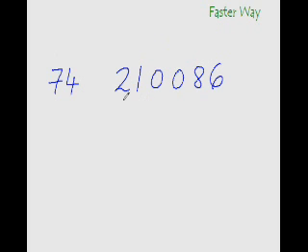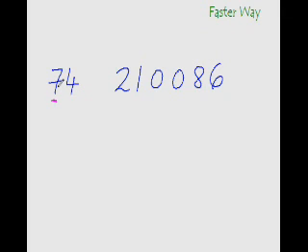So let's find out what this number divided by 74 is. So once again, take 7 as your main divisor and this 4 as your unused digit. 7 will go how many times in 21? 7 3 times is 21. But then this should ring a warning bell in your mind, because I know this is not 7, this is